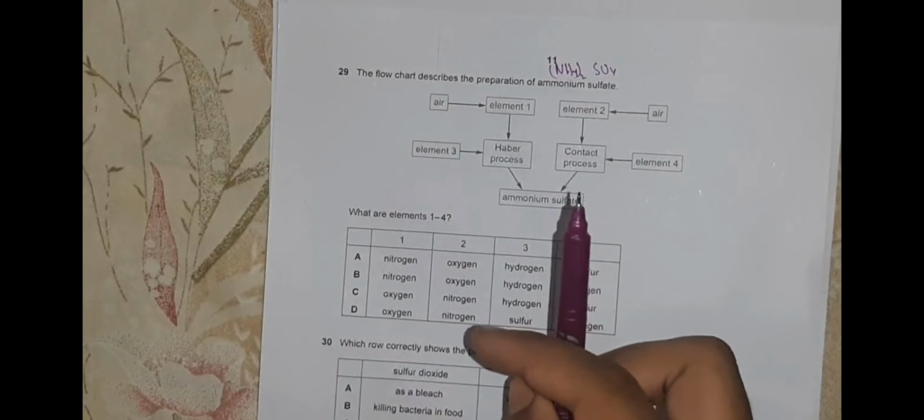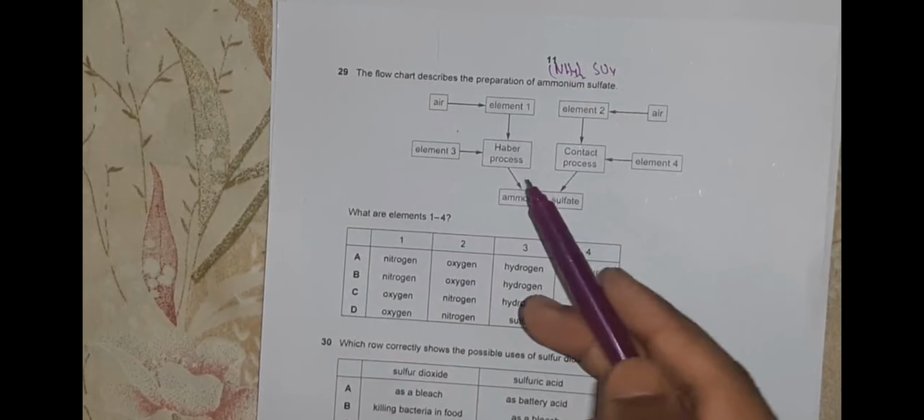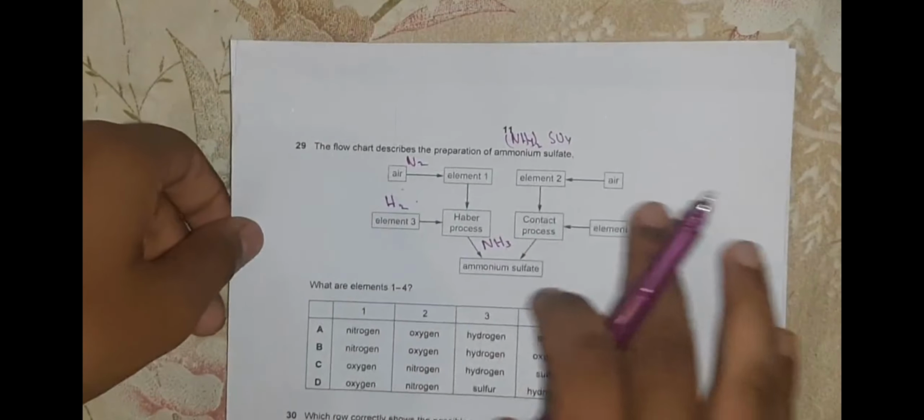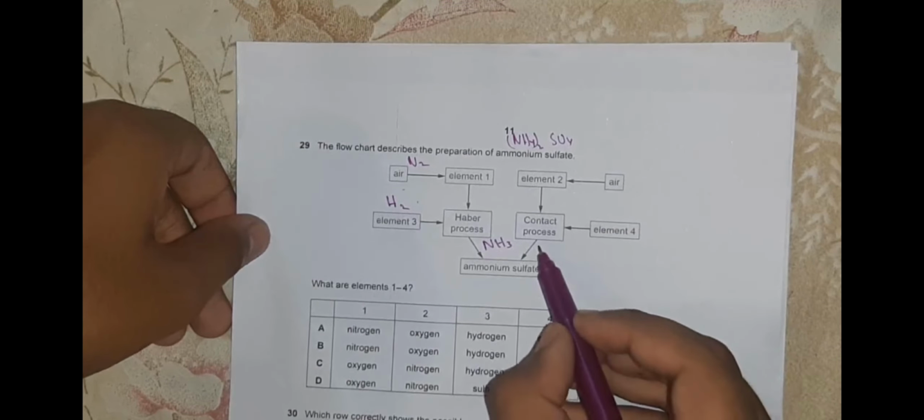And question number 29. Okay. We are preparing ammonium sulfate, (NH4)2SO4. So we have to make it, and we have to tell the elements that are required for it. So from air in the Haber process and ammonia. So by the Haber process, what will we get? Ammonia. So from air we get nitrogen gas. From element 3, what is left is hydrogen gas. So for the contact process, H2SO4,